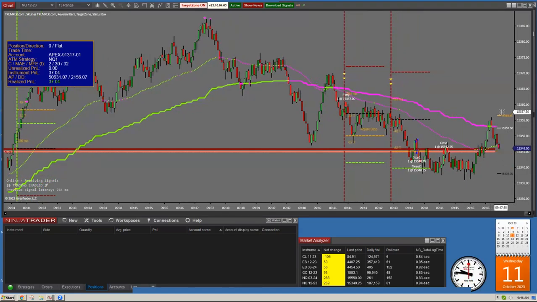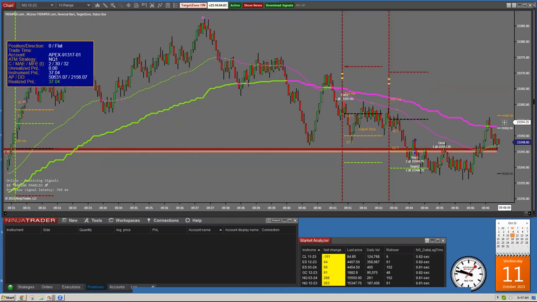I use pivots. I like pivots. Like right here, if I had a stop up here, that would have come down right here. Okay. And that's why I like my reversal bars. These reversal bars